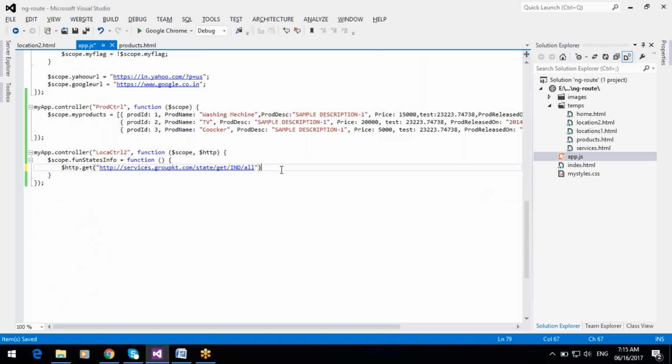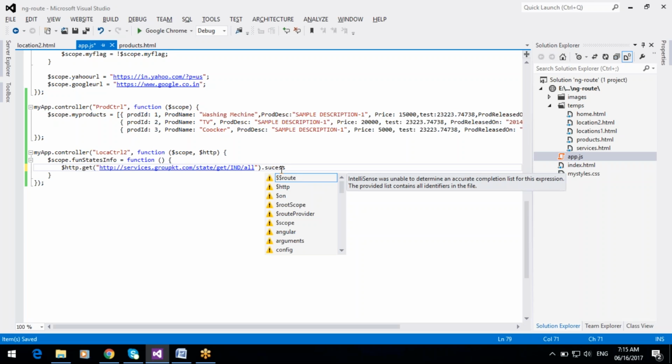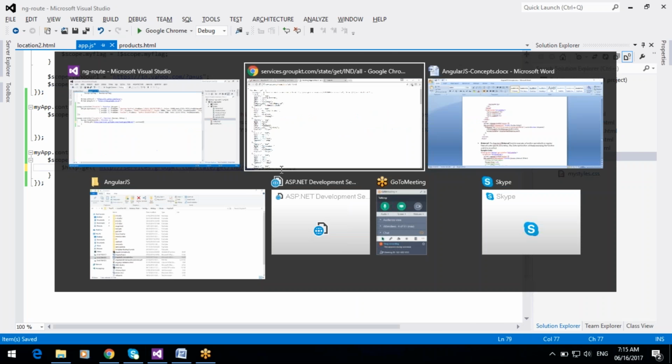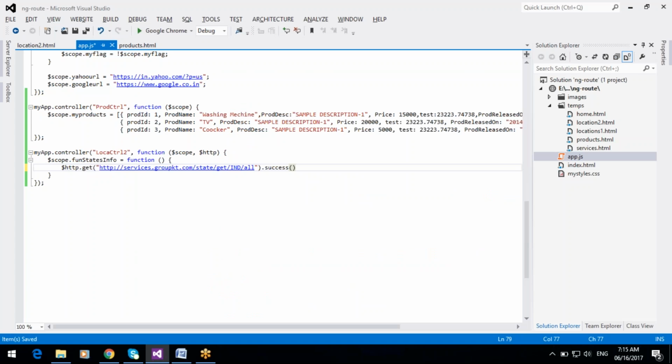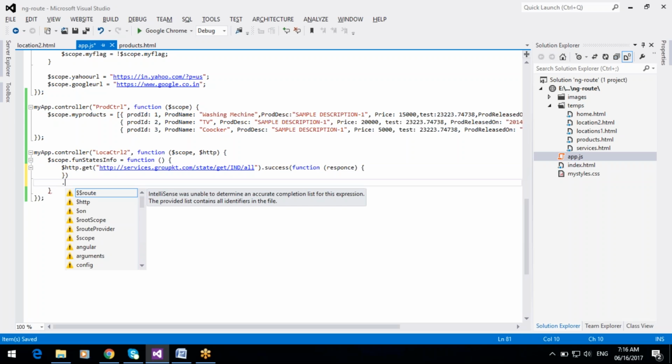If the result is successfully received, the success function with response. If any errors occur while reading the data, the error function.